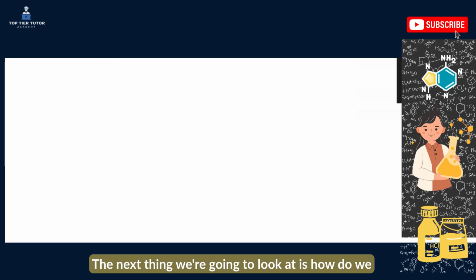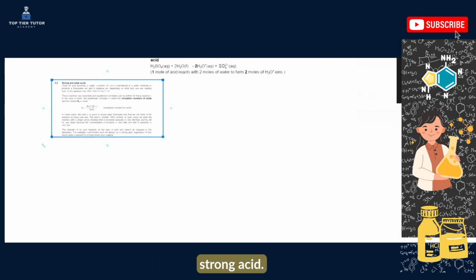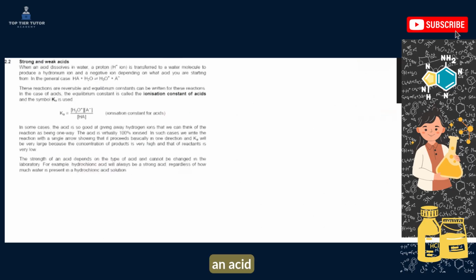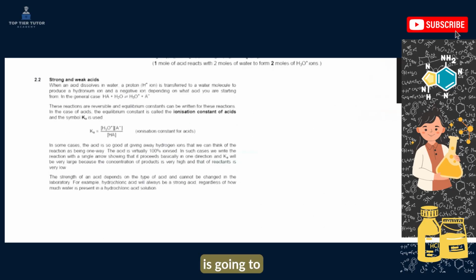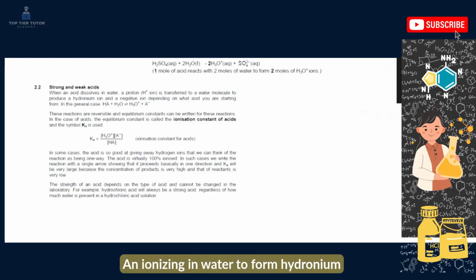The next thing we're going to look at is how we identify a strong base and a strong acid. So we talked about how an acid is going to ionize in water. Here is our acid ionizing in water to form hydronium and a negative ion in this case. So if we wanted to calculate